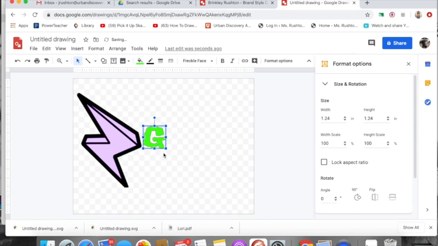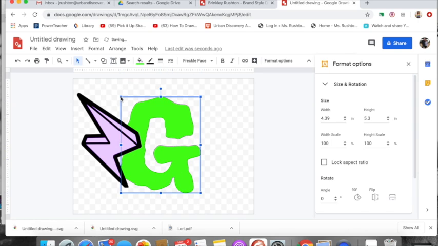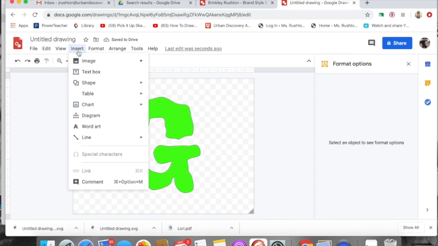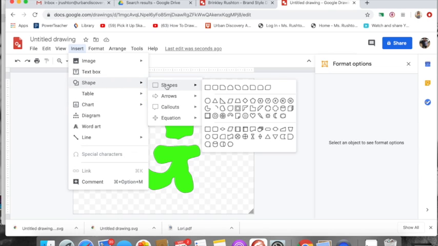Okay, now you're going to see what I do here. I kind of play around with that Z as that shape since I made my shape into a Z. But I'm going to make my G really big, but I also need to pick a shape. So if I click on Insert Shape, you know, there's lots of different options. You don't want to get anything that's too complicated because it will be hard for your viewers to understand what